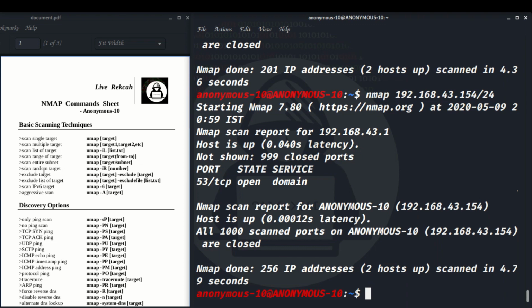Then we are not going to use the random scan now. Actually, we can exclude the target. How I am going to exclude is very simple. I know anonymous 10, this IP address, is mine. 192.168.43.154 is my IP address. I don't need to scan it. Okay, how I can do that is,